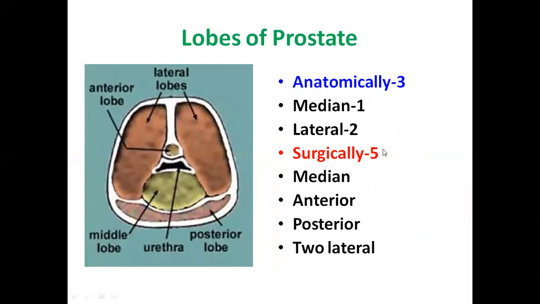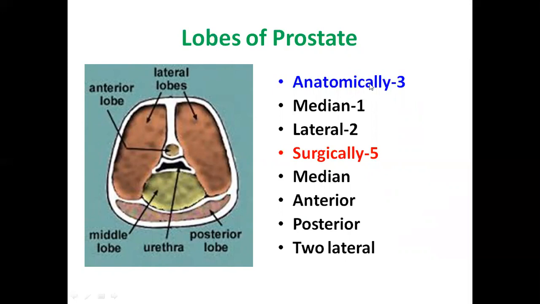But the prostate has a lot of surgical importance, because as age advances, the prostate gland will either undergo hypertrophy, which is the enlargement of the gland, or it may atrophy, that is, shrink because of age. In cases of prostatic hypertrophy or prostatic carcinoma, surgeons will generally undertake a surgery to remove the lobes of the prostate gland. That's the reason we are classifying the lobes of the prostate in 2 different aspects.